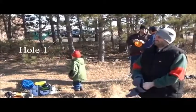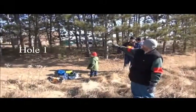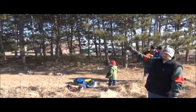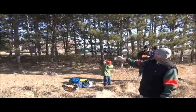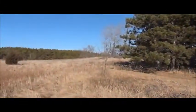This is my idea for hole one. As you can see here, it is up against the pine trees. We can't play in the pine trees themselves because it acts as a nice windbreaker for the rest of the open field, the parking lot. The idea is to go around the pine trees,